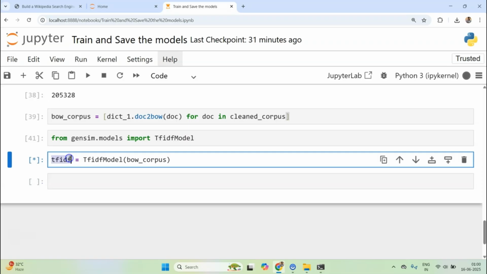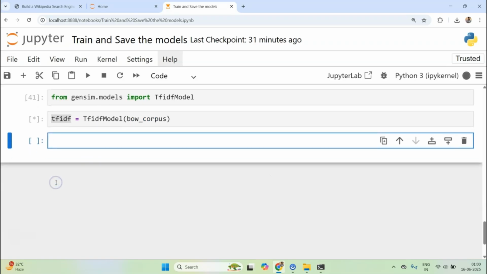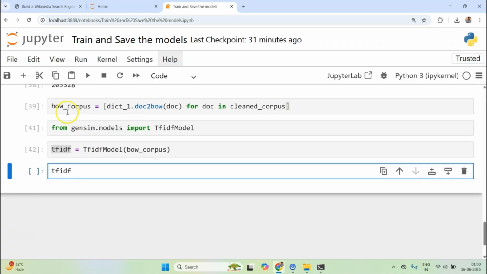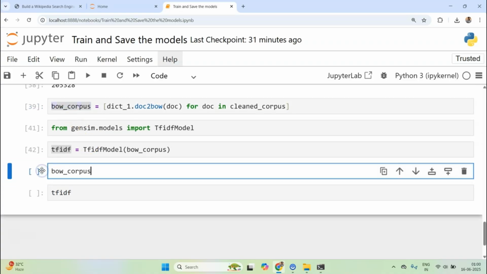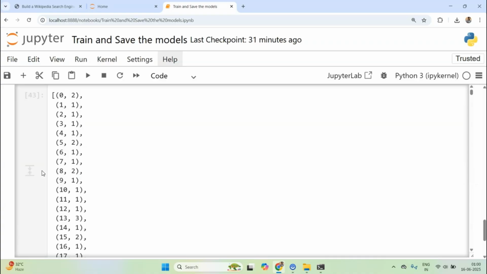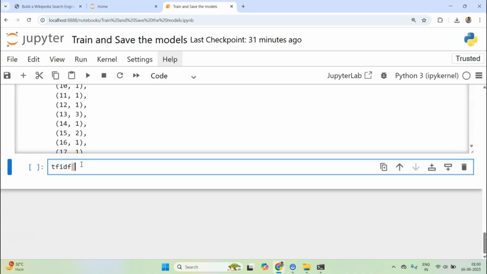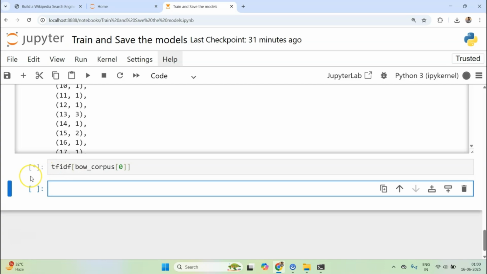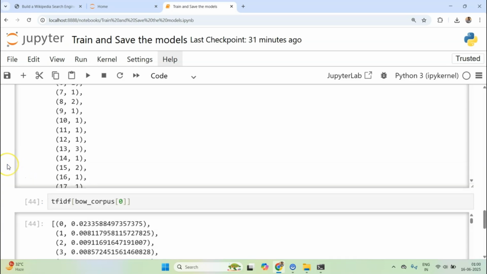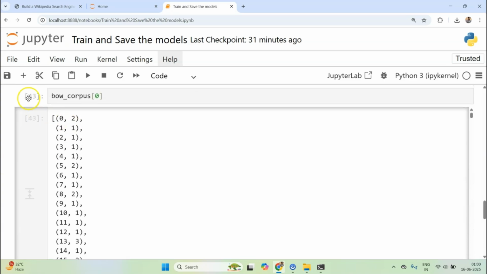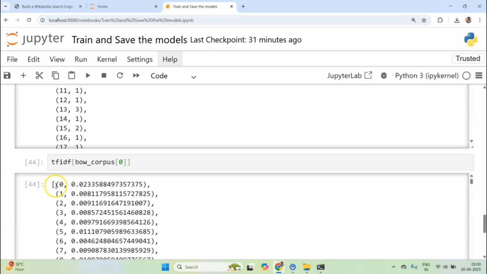If I run this, it will obviously take some time. Now let me first print the first document in my corpus. If I pass the first document within tfidf, it will transform this document from the BOW representation.